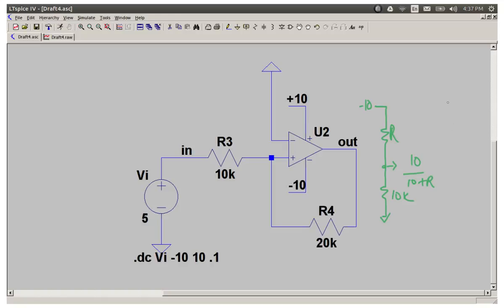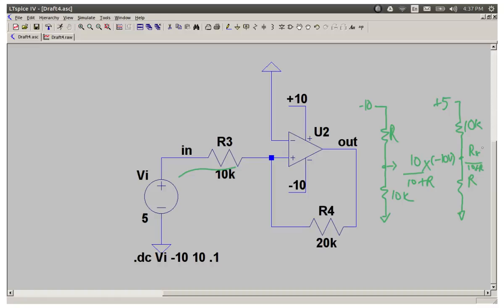The input, which is plus 5 volts, is where I wanted to trigger, and I have a resistor divider the other way. So this is 10k, right? 10k is closer to the 5 volts, this one. And then I'm seeing a resistor R, and so my voltage here is 10 into minus 10 volts, right? That one. This is all kiloohms, and this one is R divided by 10 plus R